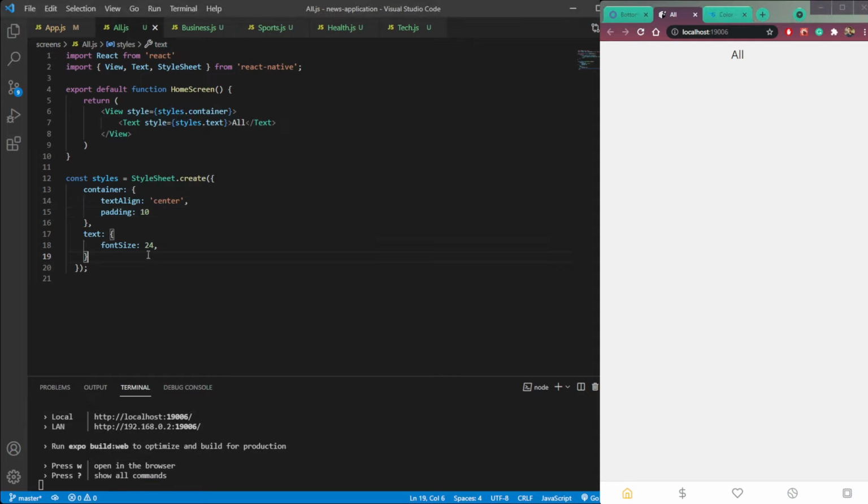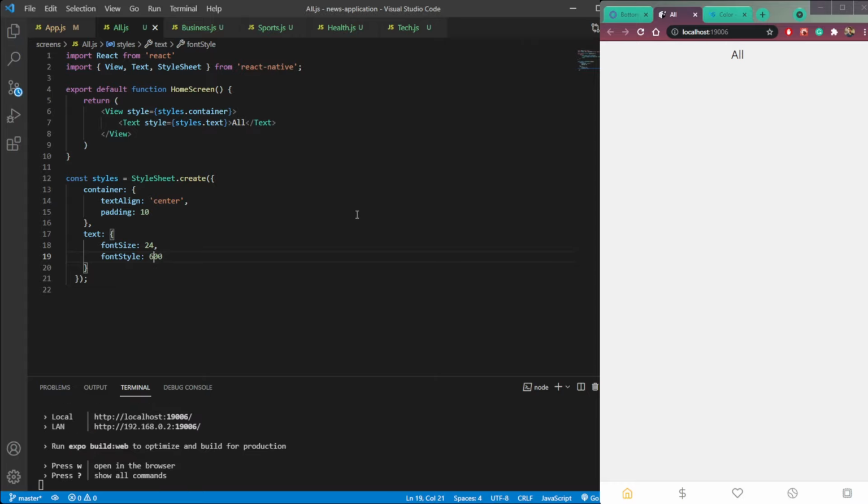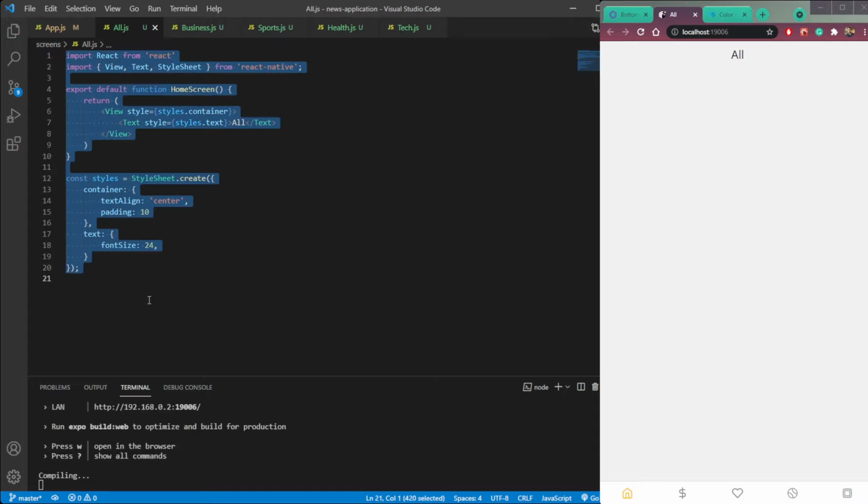Then here let's change the font weight to 500 or 600 to make it bolder. I don't think it's working, so let's remove it. So then we have the all here, and now let's repeat it for all other screens.